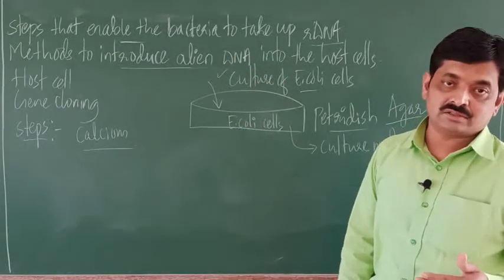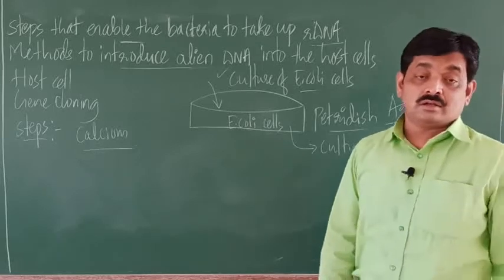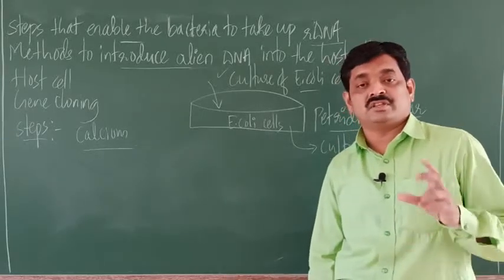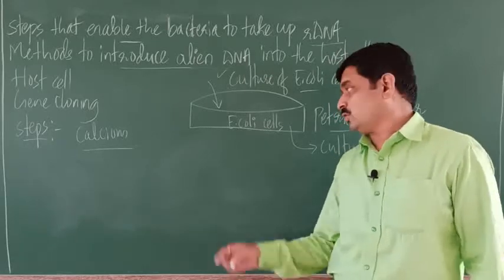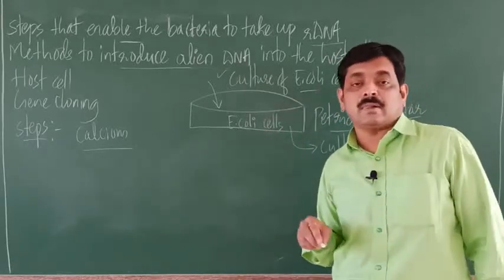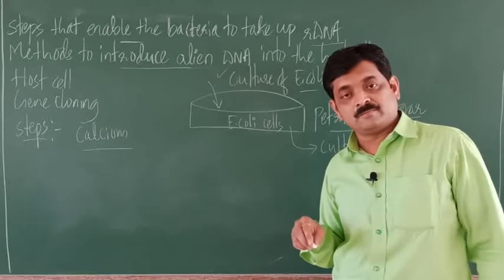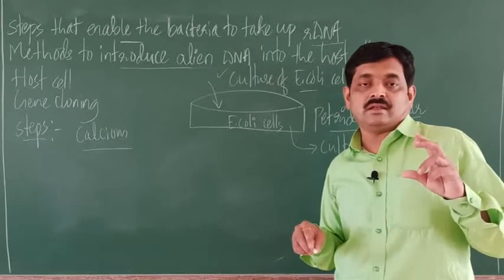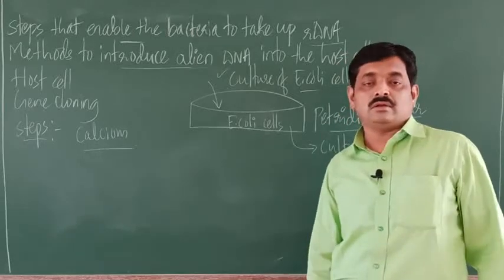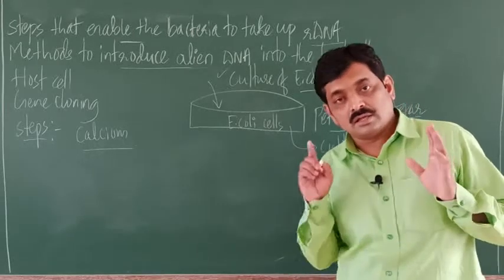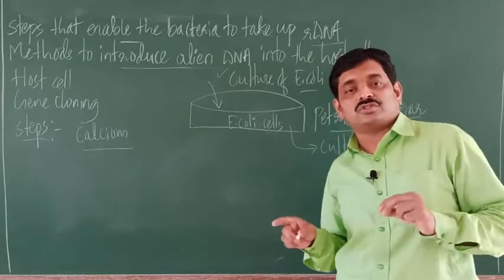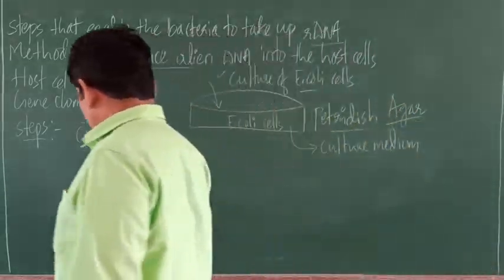Now, what is the effect of calcium on E. coli cells? Can you imagine the effect? See, an E. coli cell has a cell wall, right? Now, the pores which are present on this cell wall,